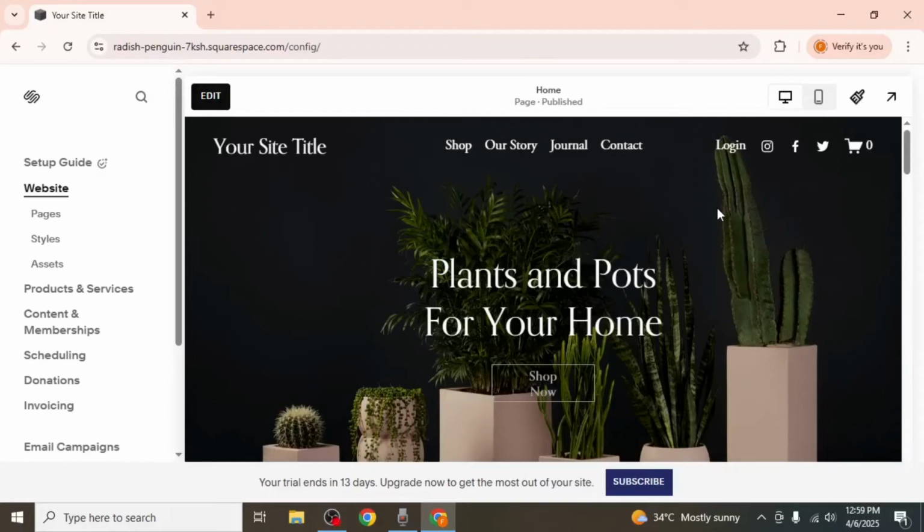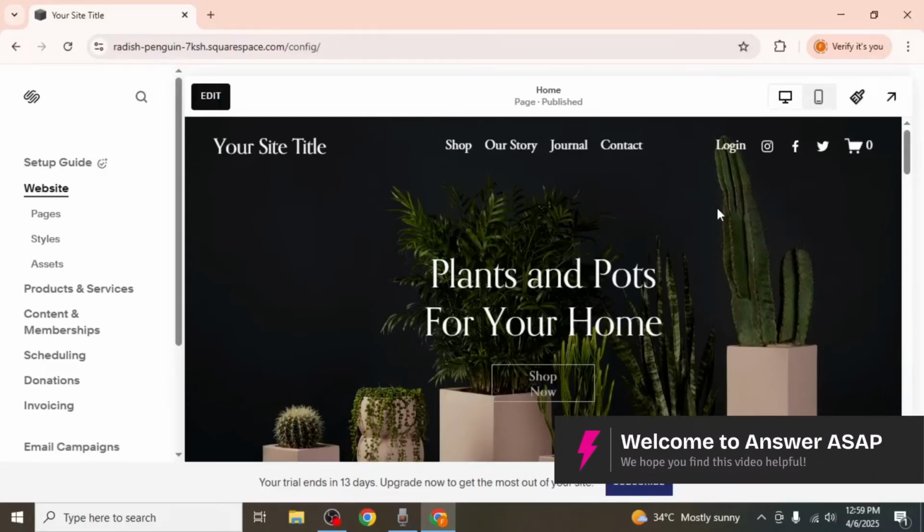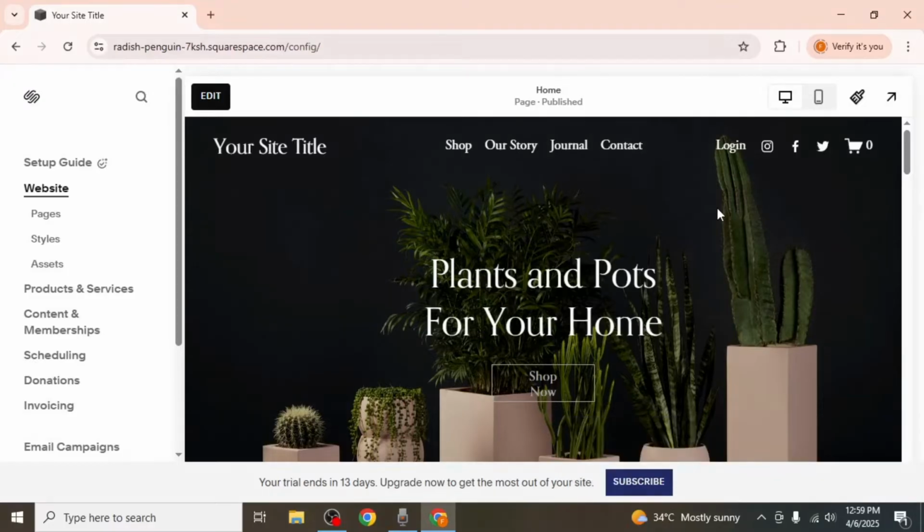In this video, I'm going to show you how to change the line spacing on your Squarespace site. First, log into your site and open the page you want to edit. Once you're in the editor, look for the Site Styles icon located at the top right-hand corner of your screen